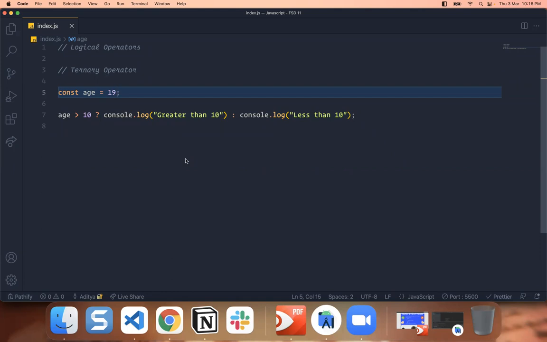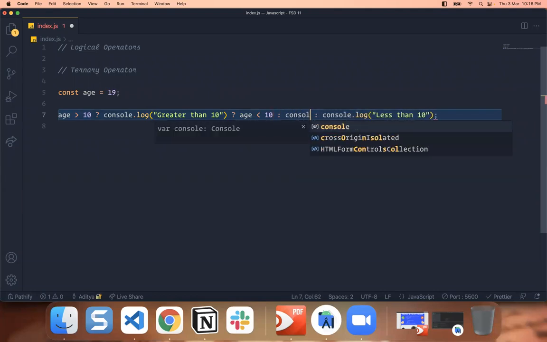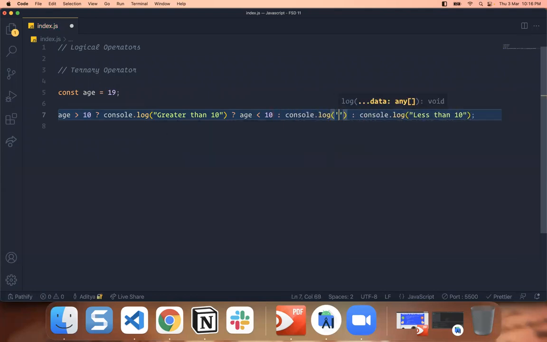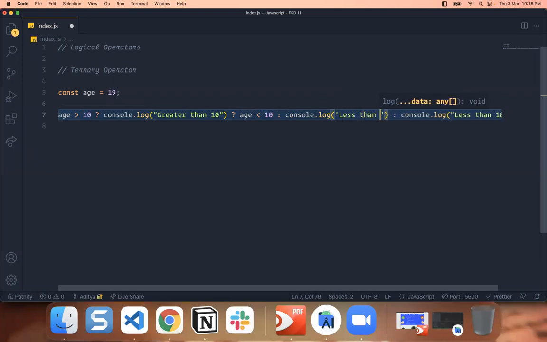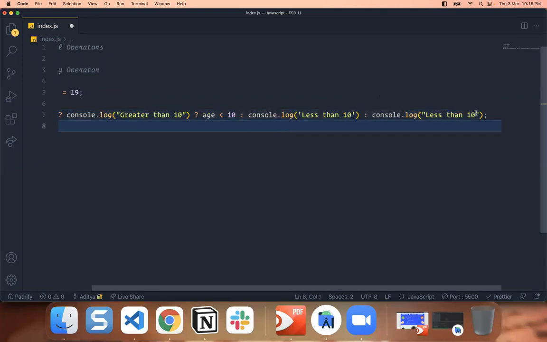a nested ternary operator. So let's say, okay, if you want to check something, if 8 is greater than 10, then this. Or if the age is, let's say, less than 10, and do console.log of less than 10, and we can just give a default value here. Okay,